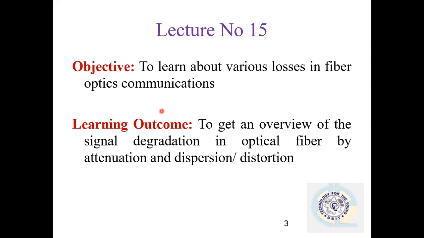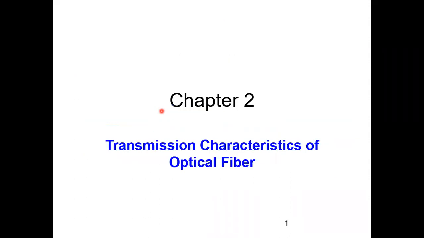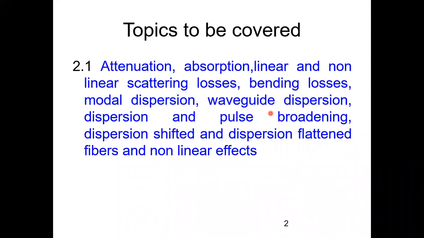The name of this module is the transmission characteristics of optical fiber. Here we will see how we selected those three windows. Okay, it was all due to the behavior of the fiber at that particular wavelength. Some loss was happening, so that's why we selected that particular window of operation. Okay, so module 2 is again divided into subparts 2.1 and 2.2.